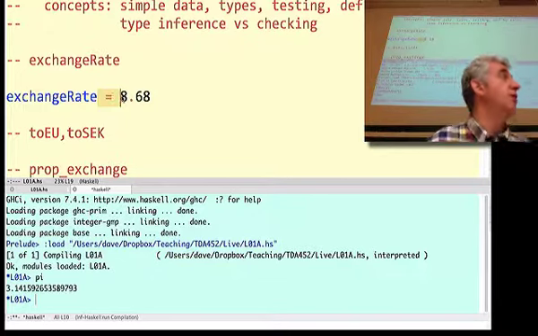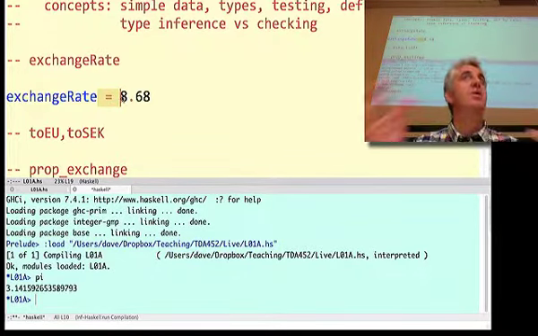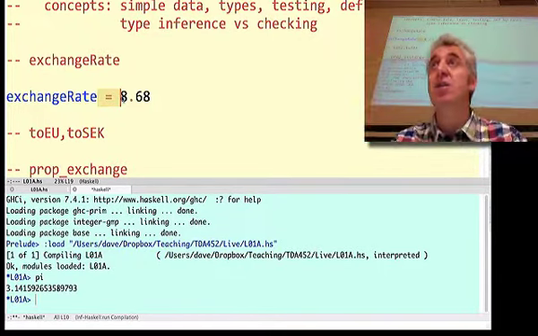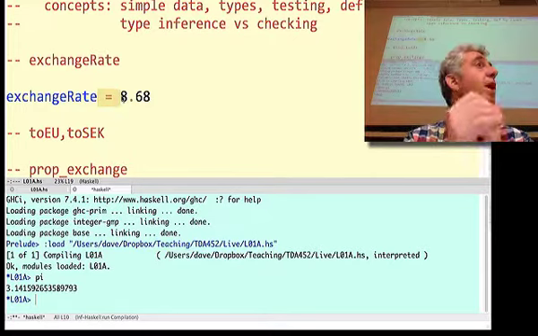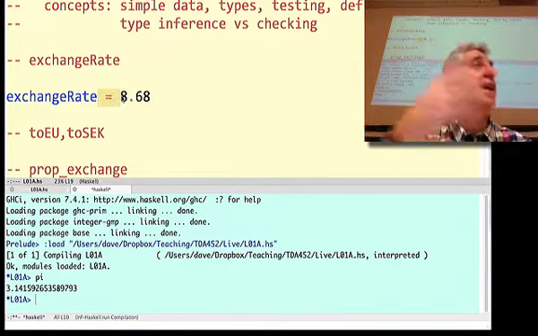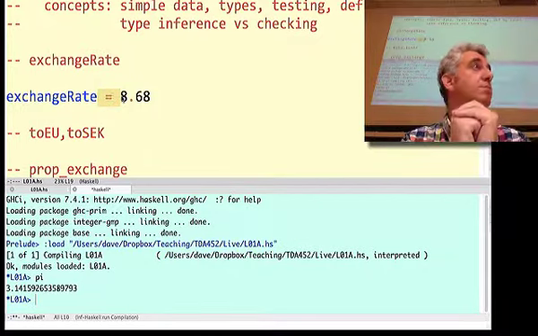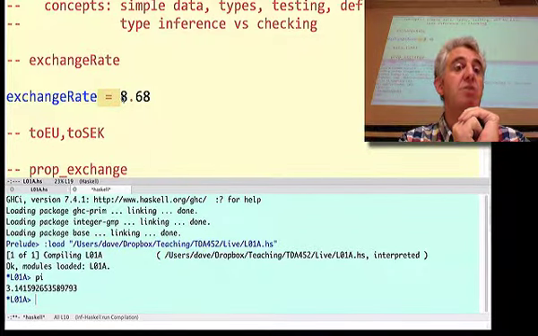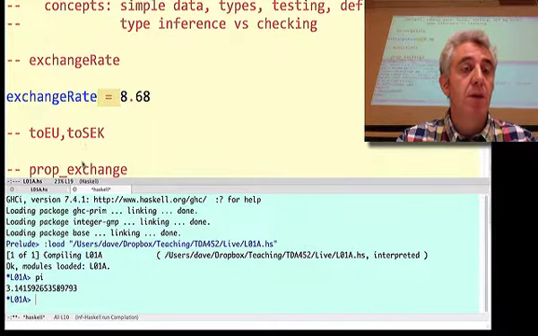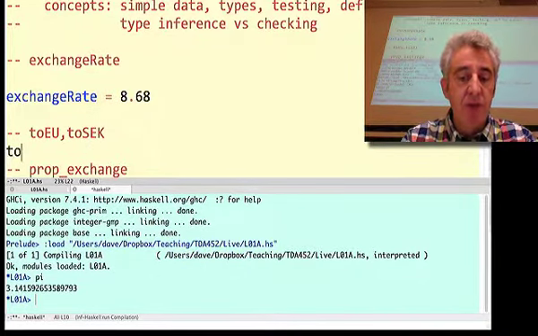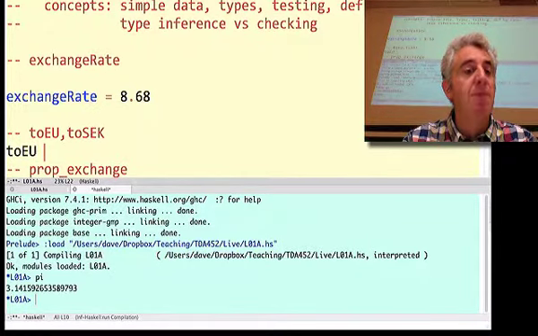They can't be changed. This is a language that's built up from definitions of values and functions, and then we do computation by giving expressions which use the values and functions to compute new values. We don't modify variables. All right, let's define a function. If I want to convert something to euros, I've got some number of Swedish crowns.